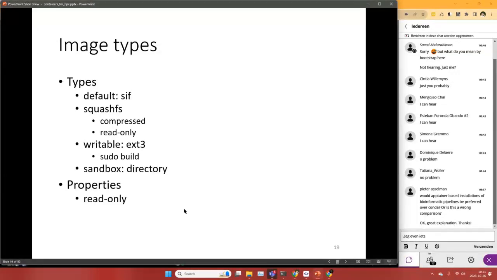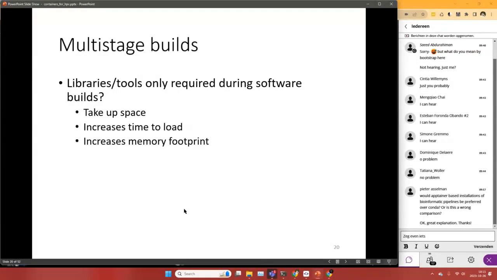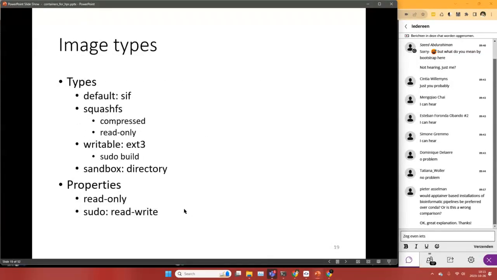Okay, properties. So typically an image is read-only. You can make it read-write by running it as sudo, but again, not a good idea, for reproducibility mainly. So, is that a good idea? I don't think so. To be honest, I just use SIF images and I'm done with it. I mean,